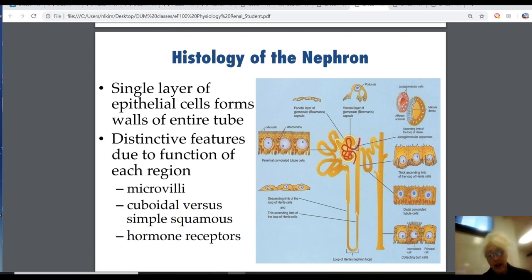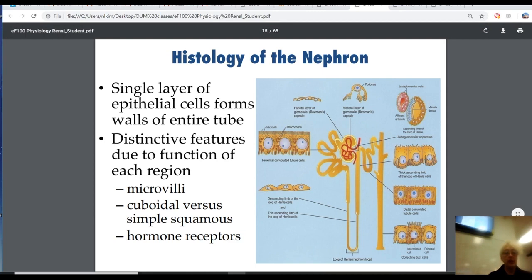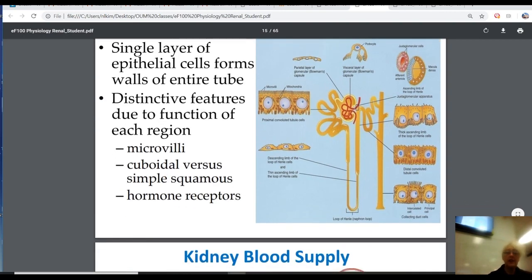But since we're not in cellular biology, we're not going to look at the cuboidal machinery and its dedication to certain types of mechanisms of action. It also contains hormone receptors, which we talked about because, remember, in the kidney, what sits on top of the